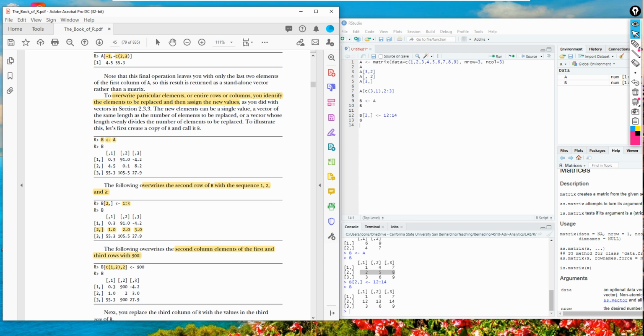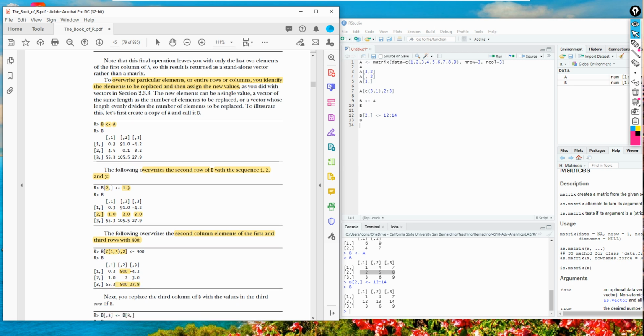By looking at this, two elements in matrix B will be changed, because rows 1 and 3, the second column elements. As you can see, 900, 900.